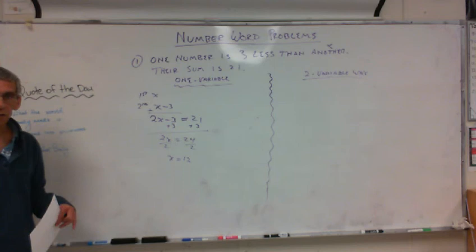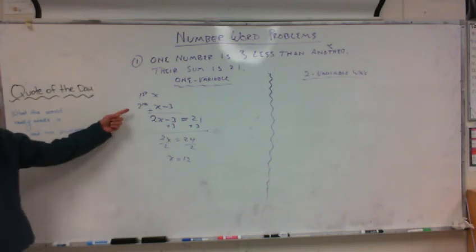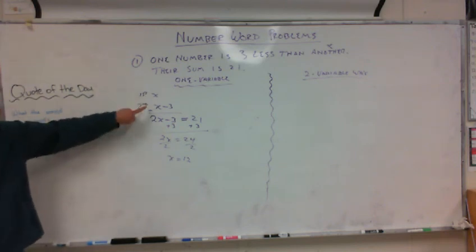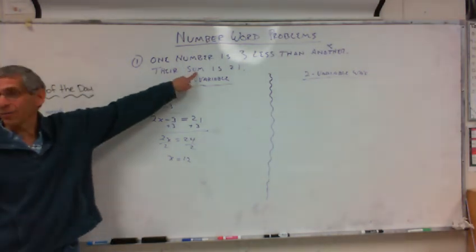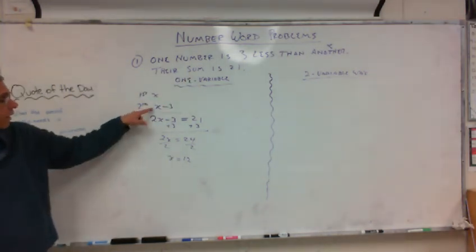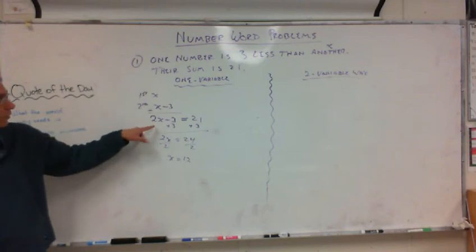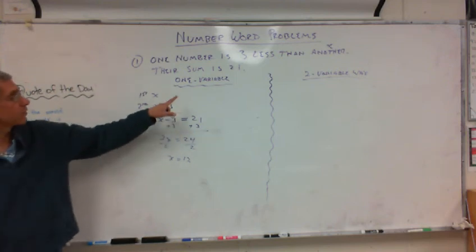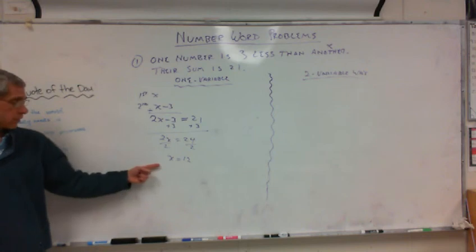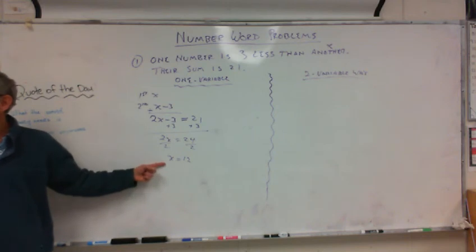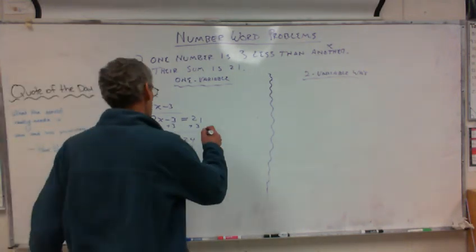Did everybody get this? Do you understand what I'm doing? There's my first variable, or my first number, and my second number. It says their sum. Sum means I add them together. So I added them together. I have now 2 x's minus 3. And it says their sum is 21, equals 21. And then I just solve for x. And I got x equals 12. So the two numbers are,